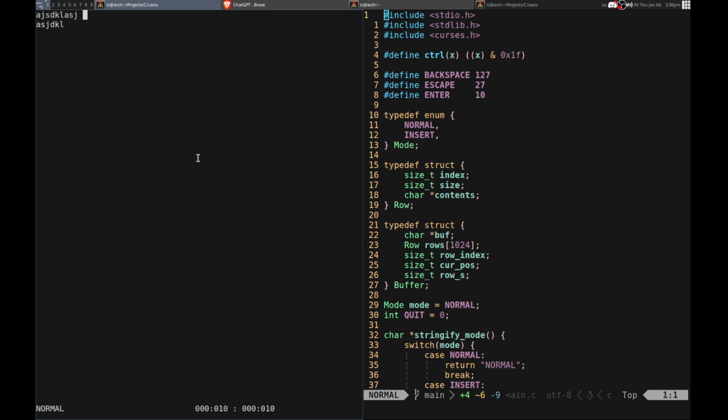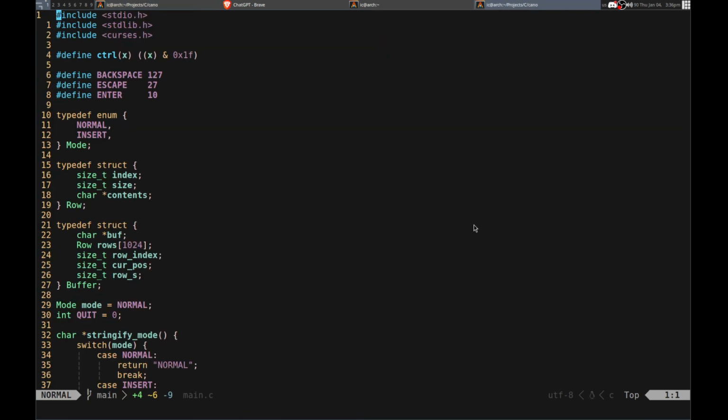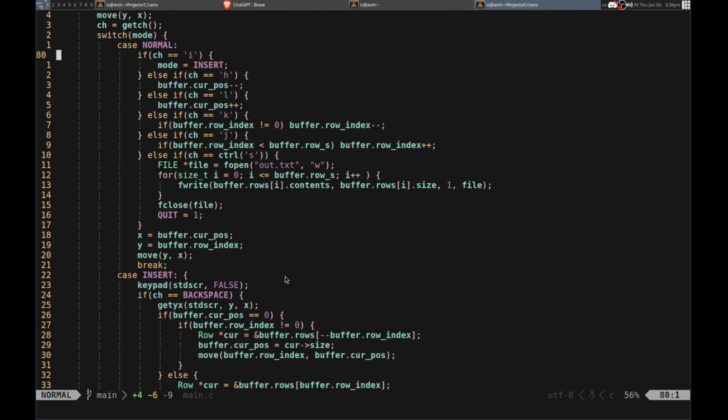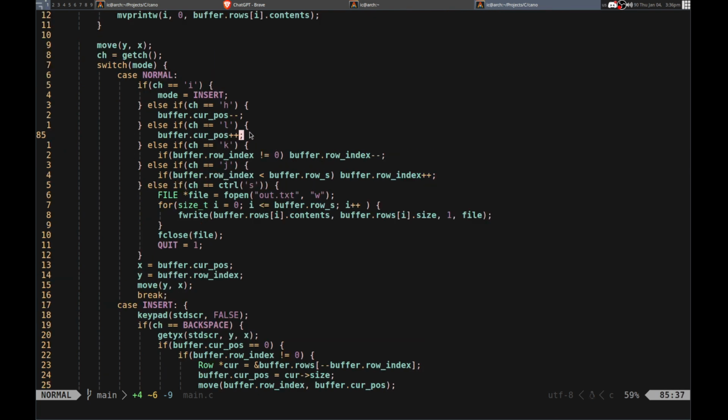Now let's try to do the horizontal movement. Let's see. Okay, so, if the current position